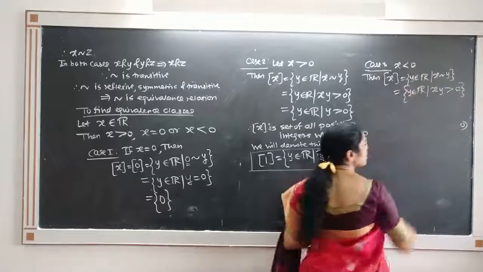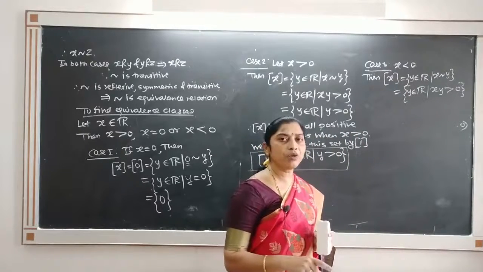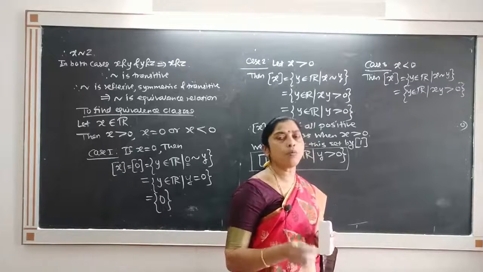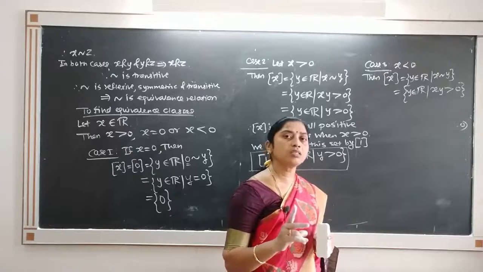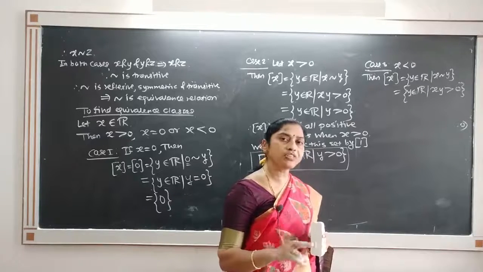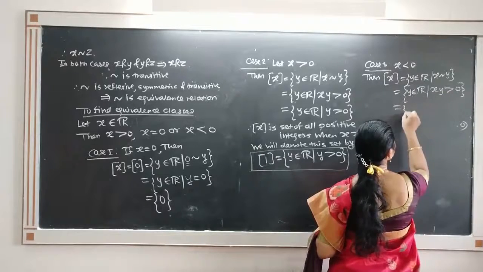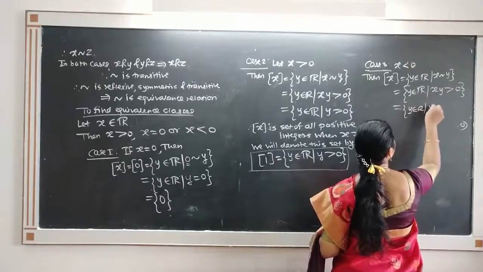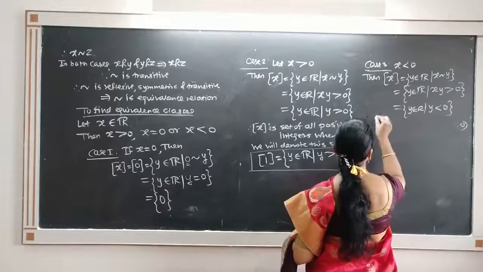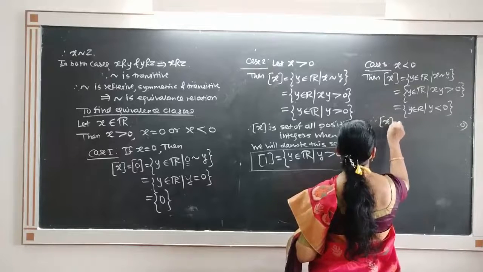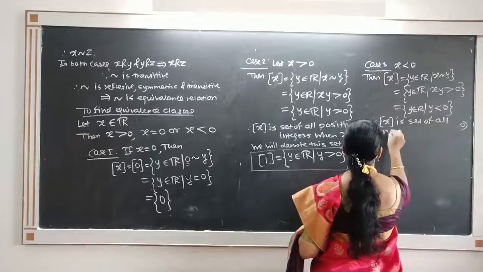But now x is less than 0 and we want the product to be greater than 0. This will happen if and only if y is also less than 0, because we know that product of two negative numbers is positive or product of two positives is positive. Because here one is negative, the second should be negative. So this is nothing but y belonging to R such that y is less than 0. That is nothing but set of all negative, and therefore equivalence class of x is set of all negative